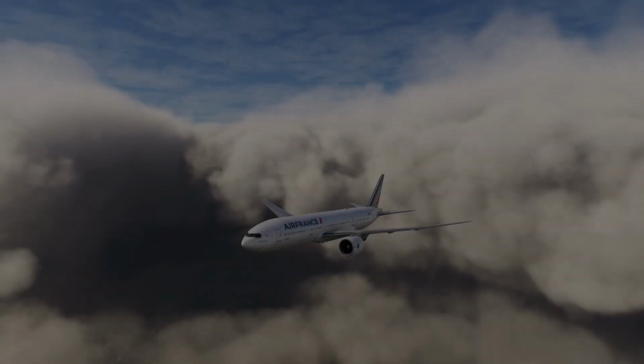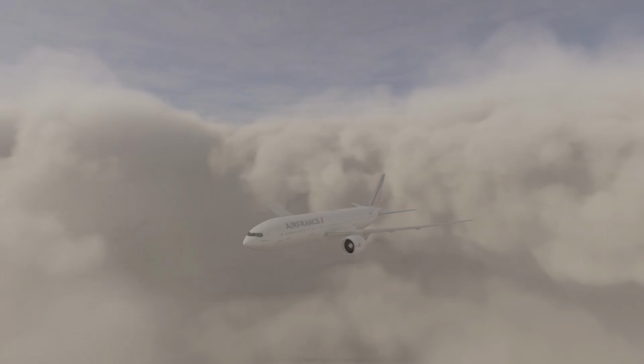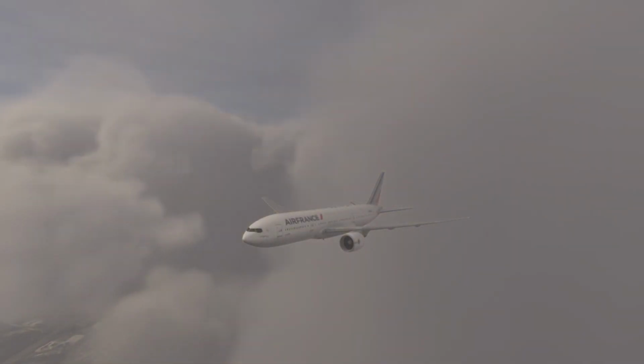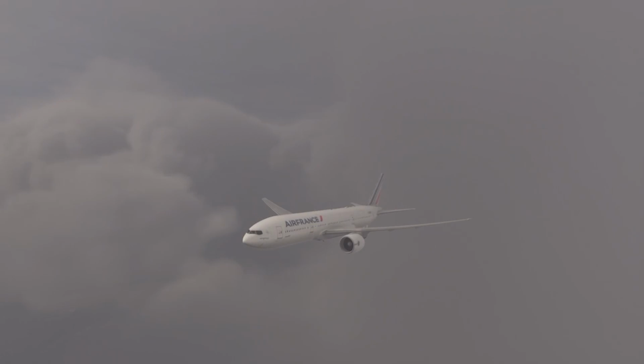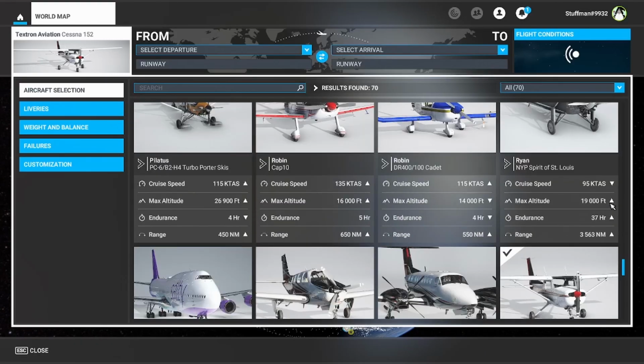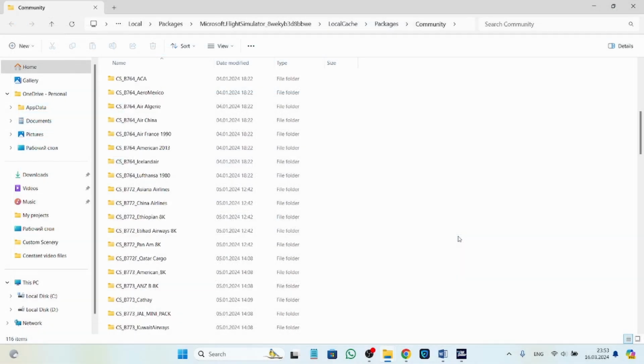Microsoft Flight Simulator is one of the most, if not the most, user-friendly and diverse flight simulators, providing nearly endless possibilities in where to fly and what to fly. It has around 60 accurate airplanes built in the software and a whole lot more of them to download from